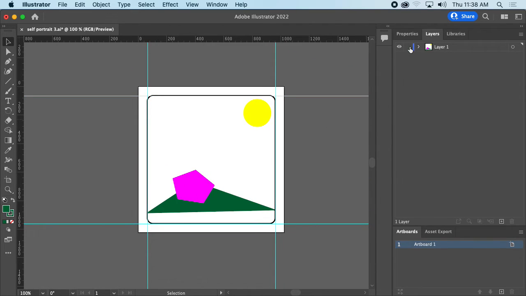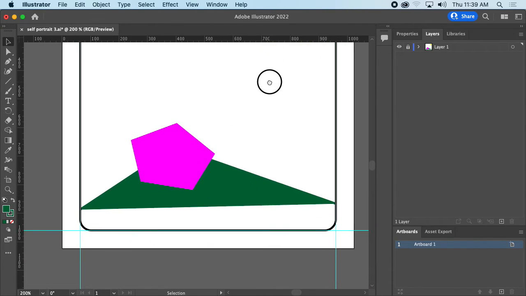So with my layers, I can do the same thing. I can lock this layer, and now I can't change any of this stuff. I can also turn it off if I don't want to see it. So if I want to use this as my background, and I want to keep working on the self-portrait but add other stuff in here, I can lock this so that I don't have to worry about selecting those other parts of my scene. All right, so